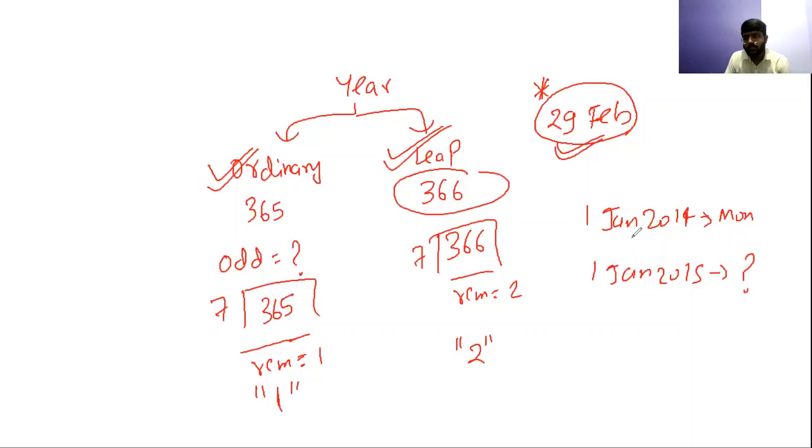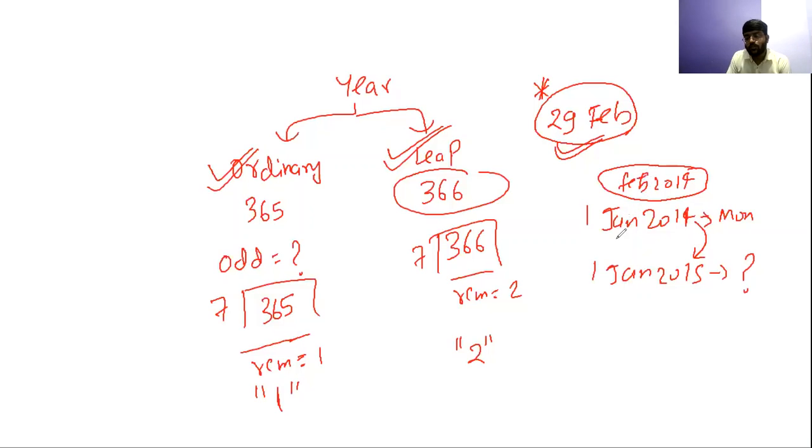So see, try to understand this example. I have been saying that this 1st Jan 14 is Monday. So what will be the answer for 1st Jan 15? What you need to check: you are crossing 1 year here from 1st Jan 14 to 1st Jan 15. So you need to check which year's February you are crossing. So you are crossing the February of 2014, isn't it? When you are going from 1st Jan 14 to 1st Jan 15, which year's February are you crossing? The February of 2014, isn't it?